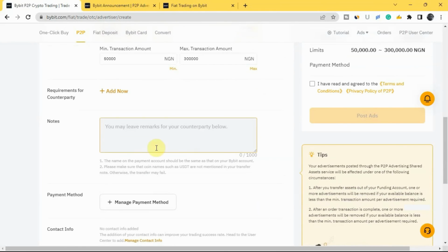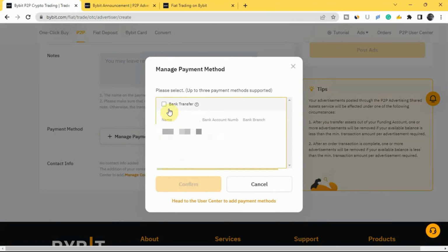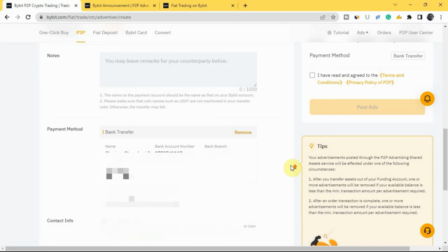So after you've done that, the next thing is to put in some notes. So if you want to put in some notes that you want the buyer to take note of, you can put that right there. And then the next thing is to pick your payment method. How do you want them to pay you if they want to buy from you? So you select manage payment method, and then right here you click on bank transfer. So for me, I've already put in my bank details right here. My bank details are here already. If yours is not there, then you see the space where you can input your bank account number, your name, and your bank name. So once you've done that, you tap on confirm,